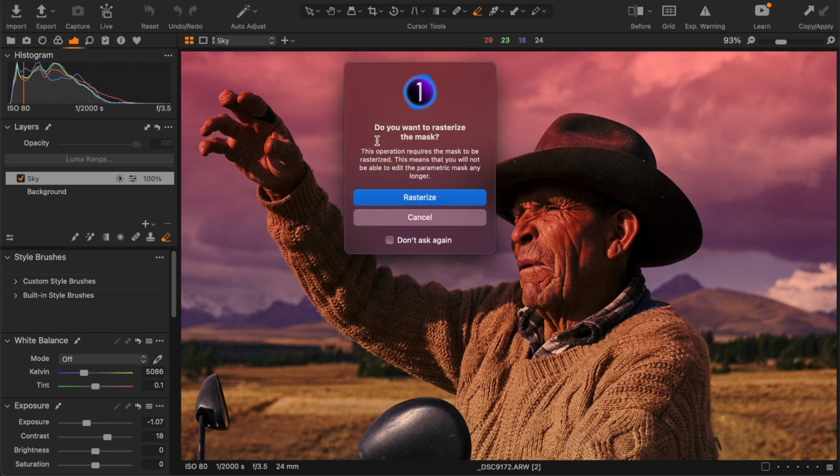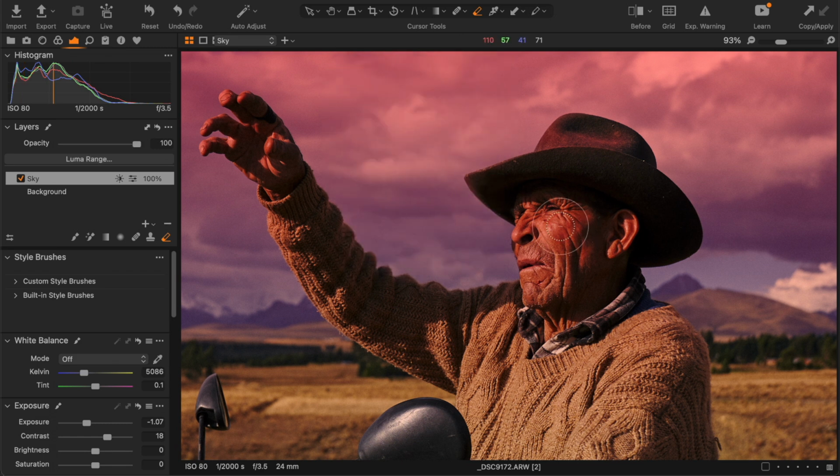Now, it asks me, do you want to rasterize the mask? This basically means that I will not be able to adjust the gradient mask anymore. I won't be able to make it larger or smaller, and sure, that's fine. And I'm going to not paint. Well, essentially it's like painting, but I am actually erasing a part of the mask that I created